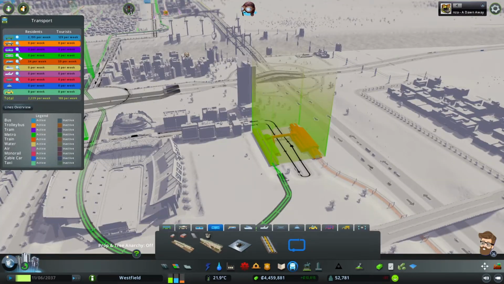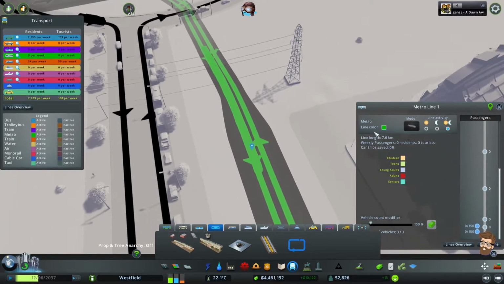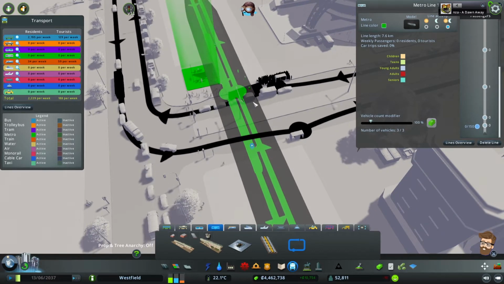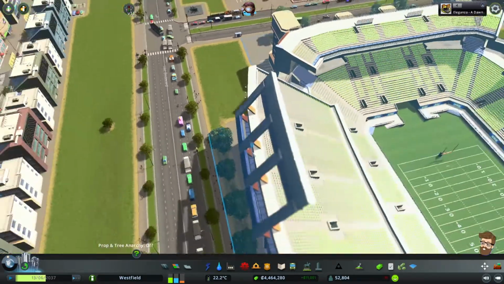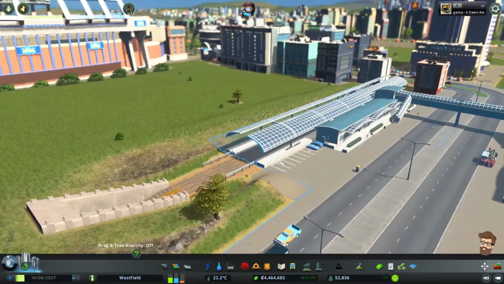Okay. So we have our metro line. It looks like we have 3 vehicles going on it, 8 stops. We have no people yet, but if we look over here, I think it's going to take some time for the metro to start working, but here's the black line. Oh, I'm still following it. How do I... Jane, stop this crazy thing. Okay. It's going to take time for the metro line to start being utilized, but...